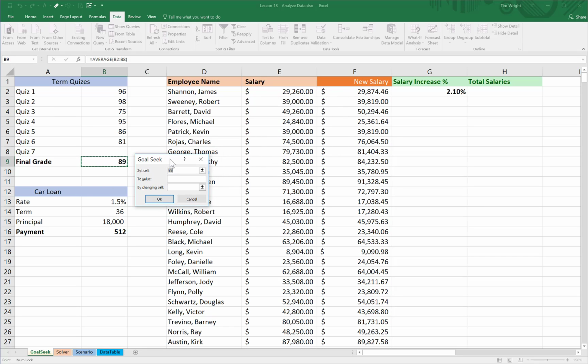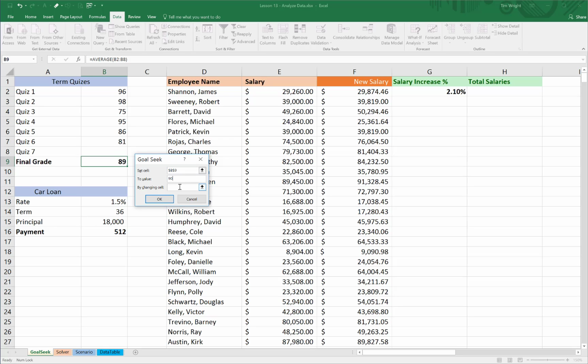The Goal Seek dialog box is just asking 3 simple questions. First, it says, where is that goal that we're going to change? It's the set cell, and here it says B9, so it's already been selected for us, and if that was different I could just select a different cell, but I'm going to keep it here, B9. Now we want to change B9 to what value? Well, we want that to be 90,